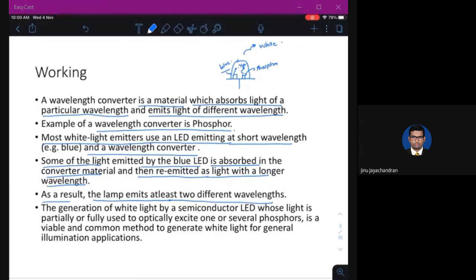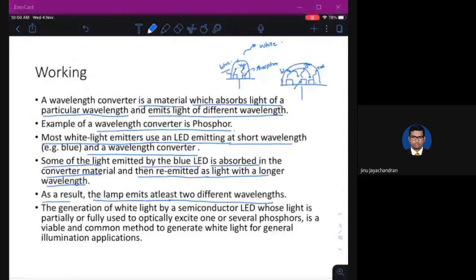Okay. It need not be that it will only emit yellow. For example, if you have an LED with blue, and let's say I have two different versions of phosphor. So this will emit blue. This phosphor will absorb this blue and emit, for example, green. And this will absorb blue and emit, for example, red. So all these possible combinations you can have inside this LED.